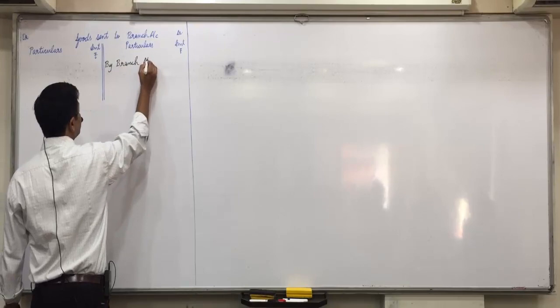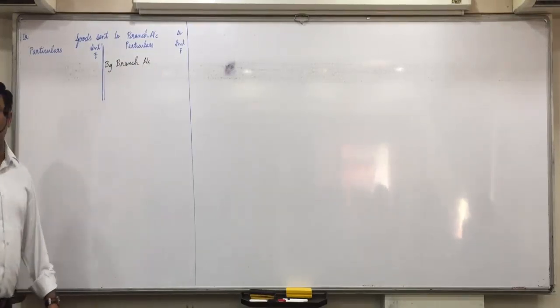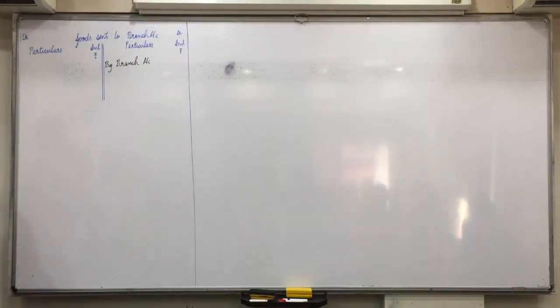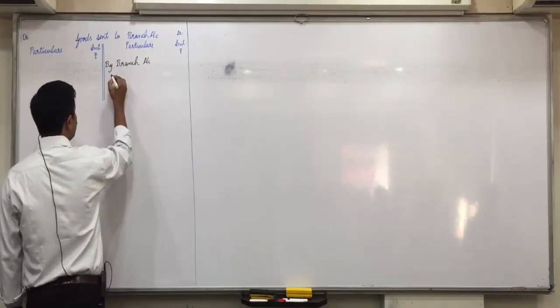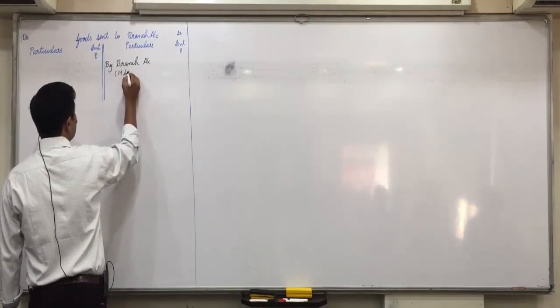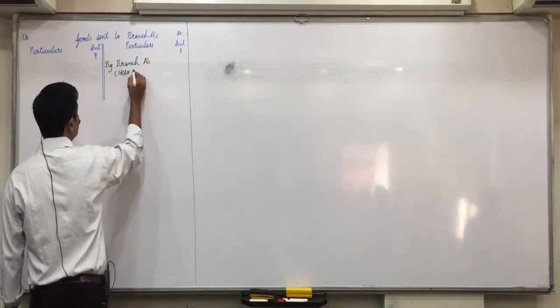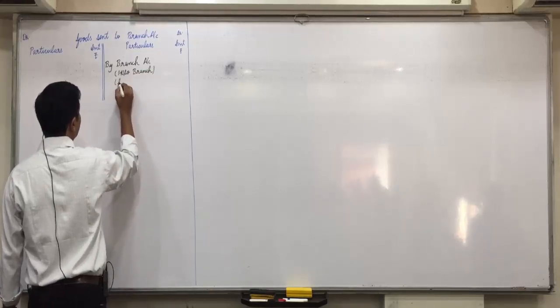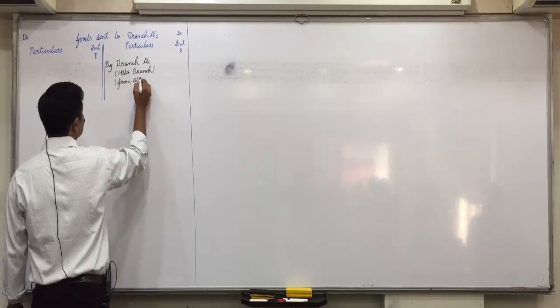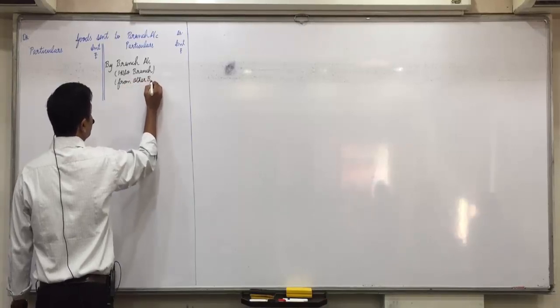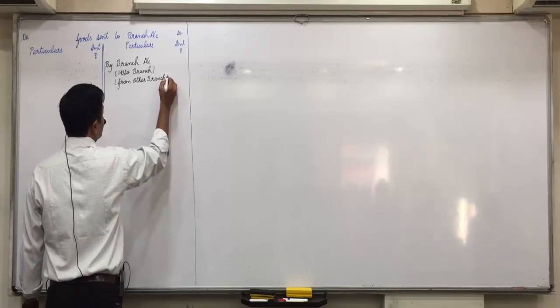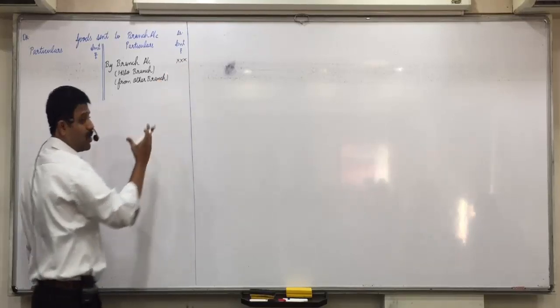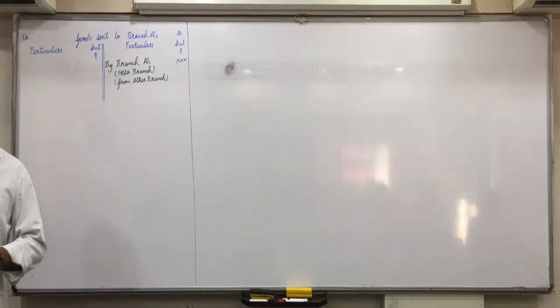Did you understand this? And what would that include? Those two things: goods sent from head office to branch and goods sent from other branch. The same two things, okay? From head office to branch and goods sent from other branch. Any confusion with this? You just have to post the things on the opposite side, that's it.